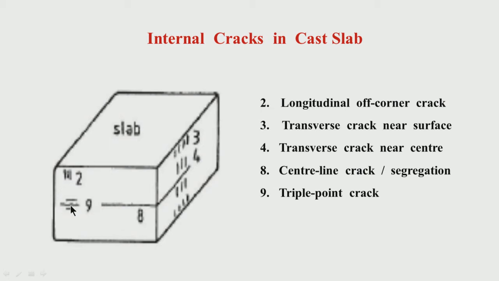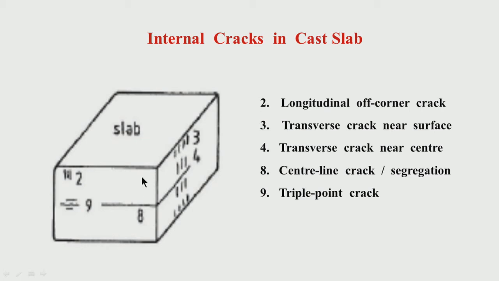So, this is called triple point crack, crack at the triple point. So, you can have crack at the triple point, you can have crack at the central line. If there had been a crack in this direction, that I had shown for the internal crack for billet or bloom,